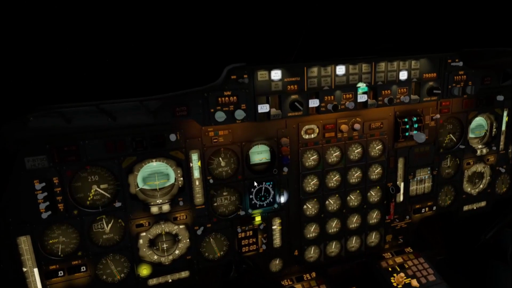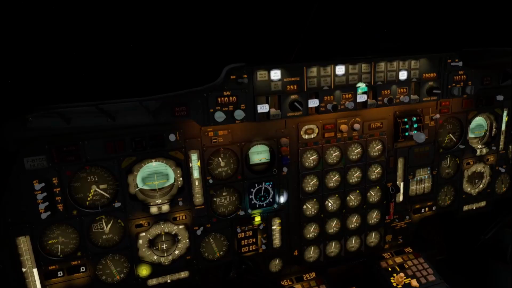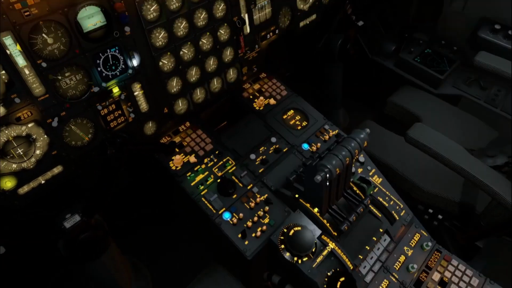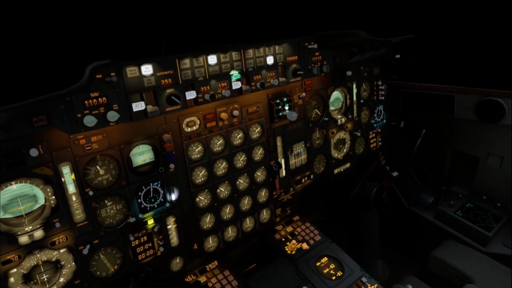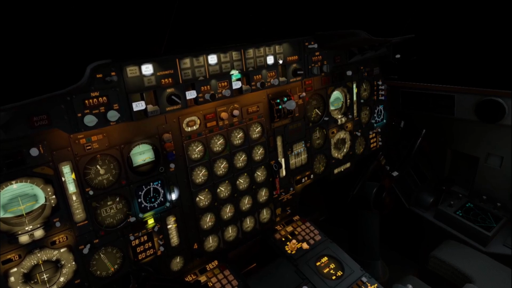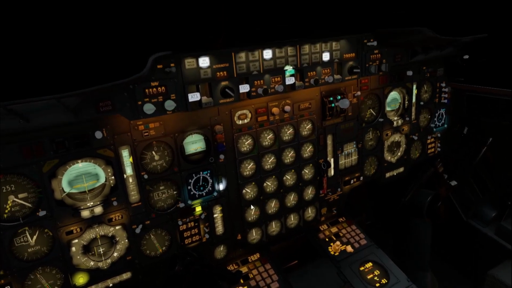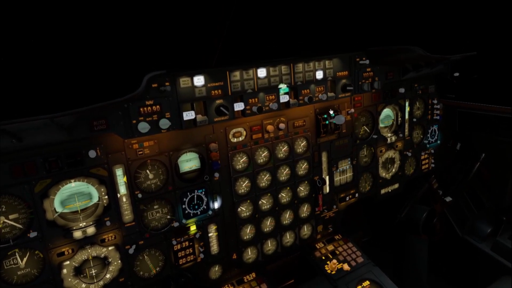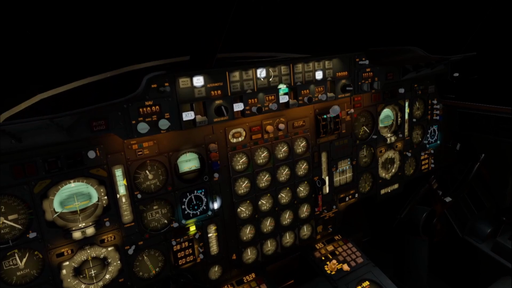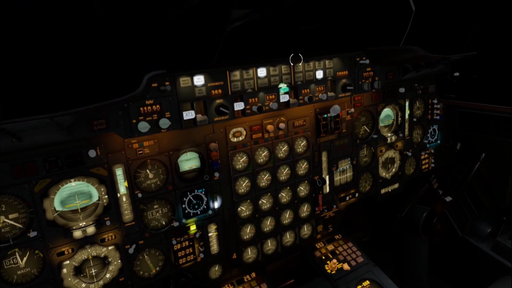Now we are waiting for one important information, and this is call for 10,000 feet. I will level up the aircraft. I will go faster. But I will first set the trim to